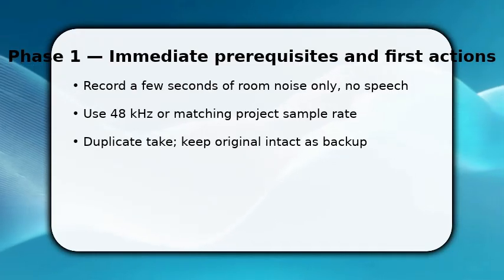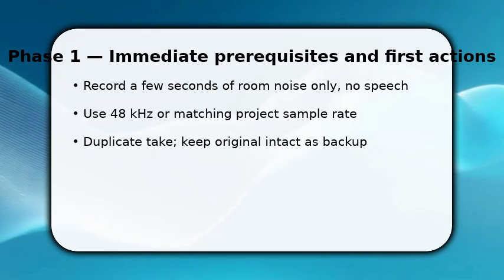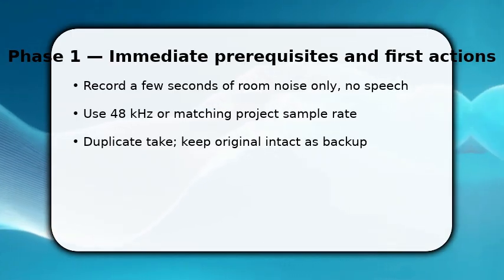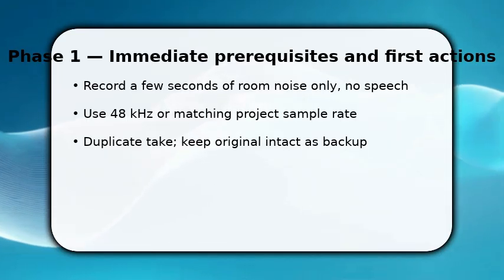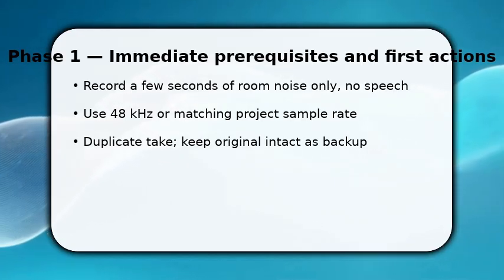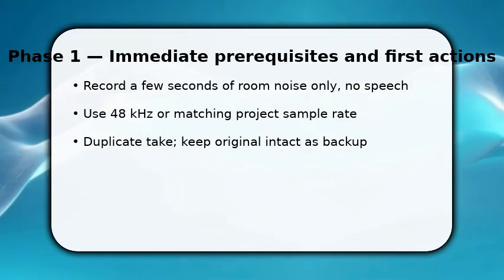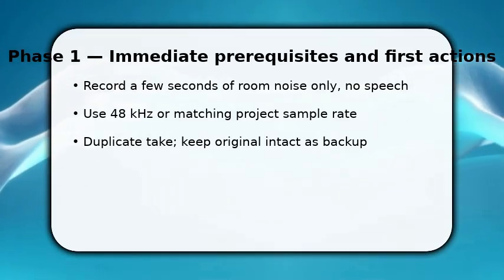You begin by capturing a dedicated noise sample. This is how Reaper learns the unwanted sounds. Arm a track and record a few quiet seconds of only room noise, no talking. Once done, select that region and duplicate it so you keep the original. Make sure the project sample rate matches your recording, for example 48 kHz. Mismatched rates cause artifacts. This preparatory step gives the noise reduction tool a clean reference and prevents your voice from